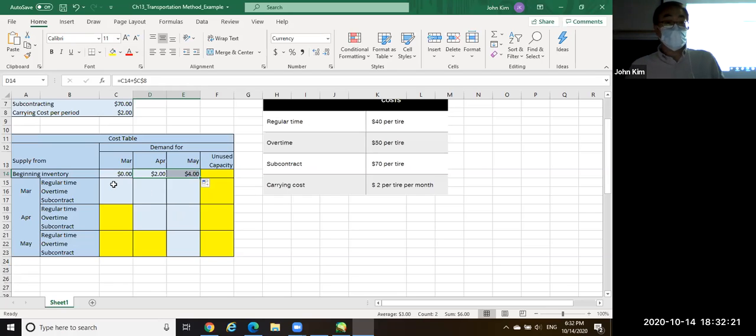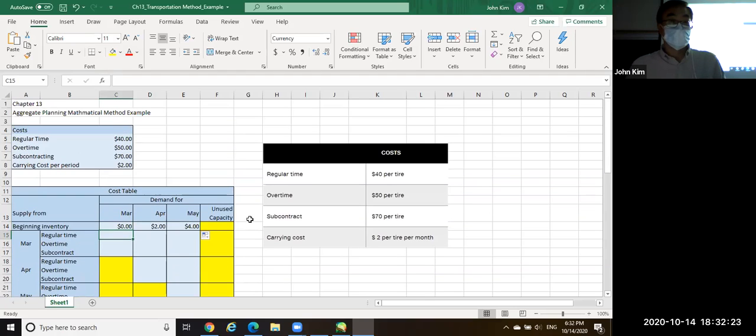And the regular time, 40, overtime 50, subcontract 70, right? So initial, you can just copy this 3 cells